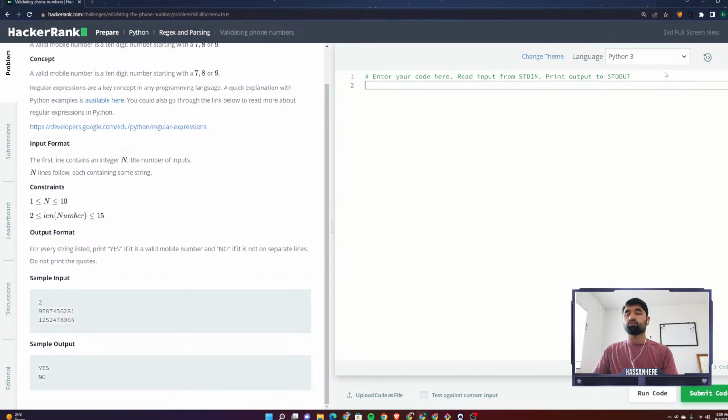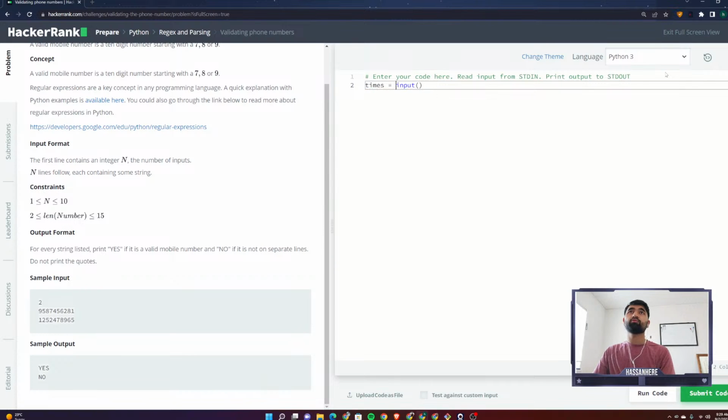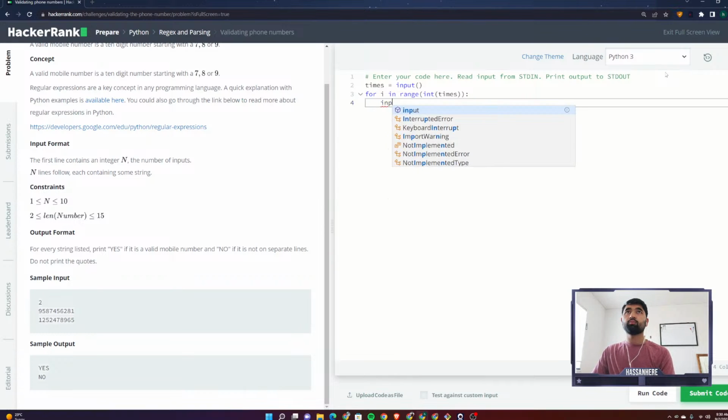Okay, so first I'll take an import, right? Let's call it times. And then we have the for i in range int times. Now what we have to do is take input for the phone numbers. Okay, so once we have this thing,